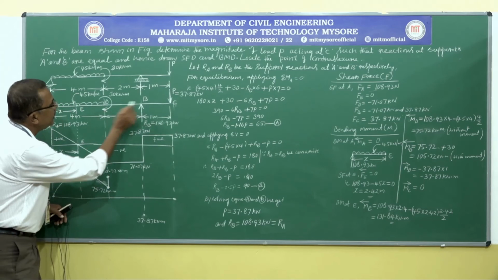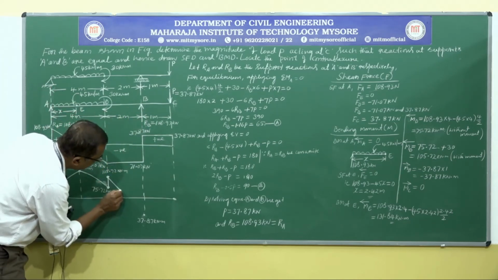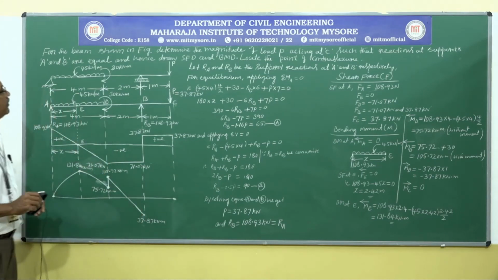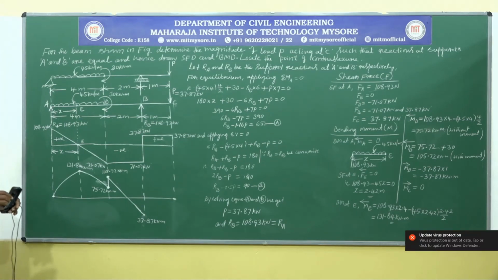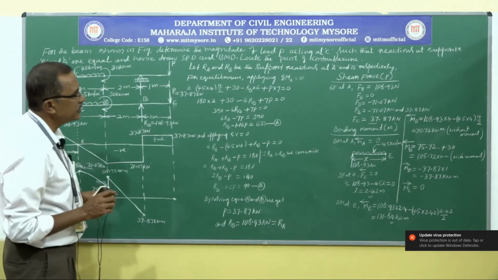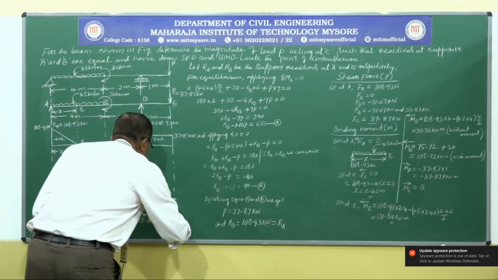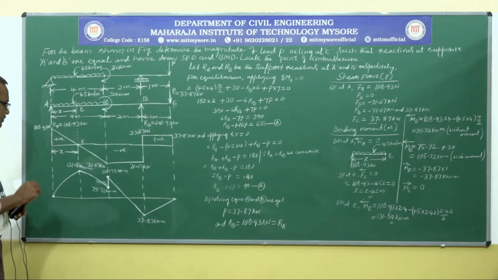Here there is no load between D and B, and the variation of the bending moment diagram is a linear or inclined line. Join the line between D and B, it will cross the reference line at an unknown point. Next, between B and C, no load. For no load, again a linear line, and the bending moment at point C is 0. So like this we can complete the bending moment diagram, knowing the variations for various loading conditions.